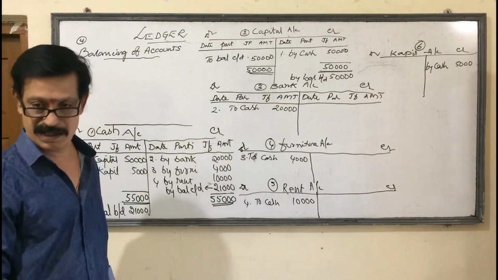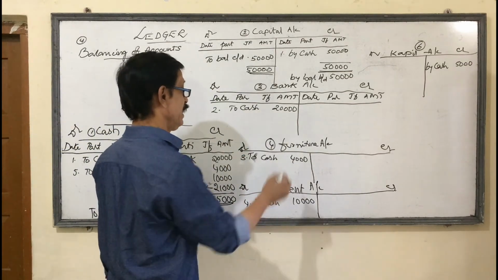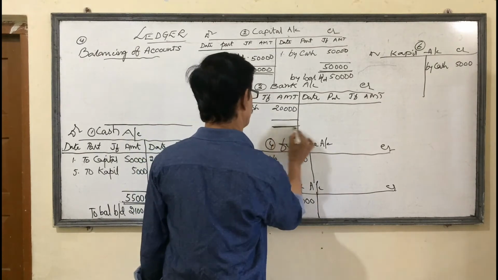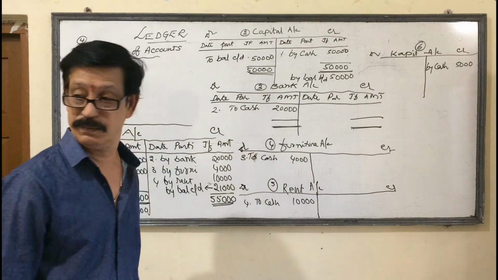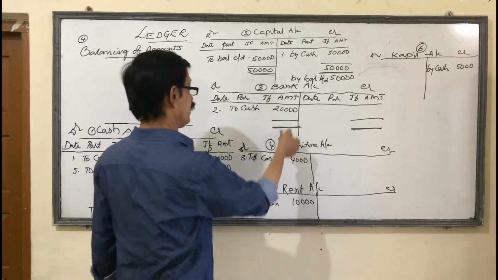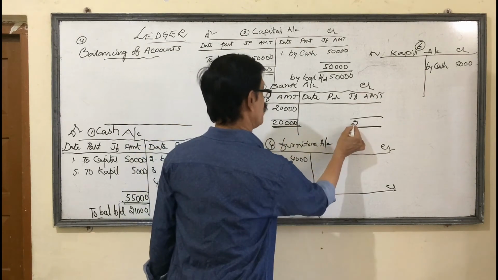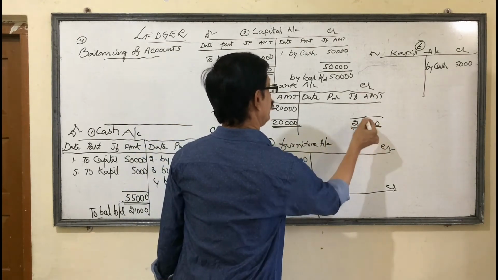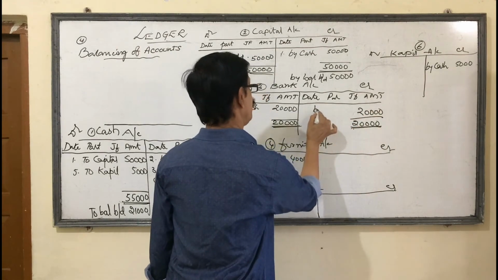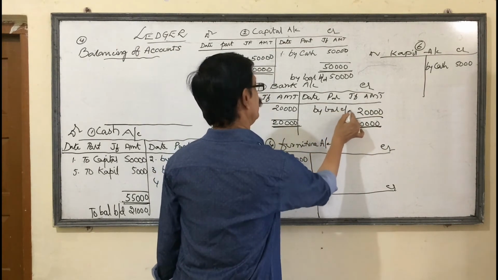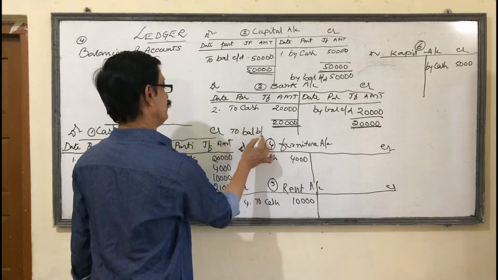Understanding or not? Last and final. Here once again I am telling. Now come to bank account. Here also we are taking two parallel boxes. This side is more, debit side. So total debit side. The same amount taken in the opposite. Now here balance, difference 20,000. This is by balance carried down. Again next month balance brought down.